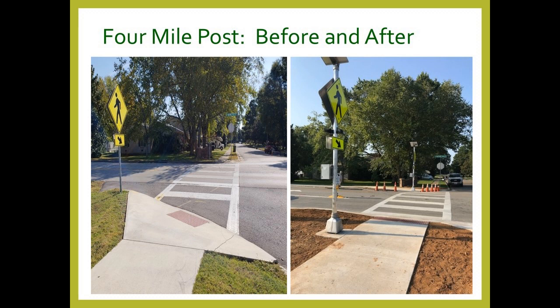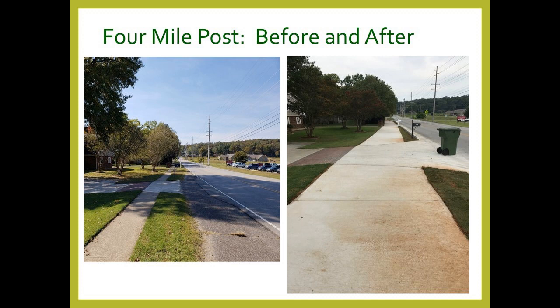So we've bumped out the curb. We've added an RRFV. These are all permanent improvements. A lot of this was represented by cones and things like that during the demonstration project. And RRFB is on both sides, and bumping out the curbs so there's less distance that bikes and pedestrians have to cross, much more visibility in that crosswalk, and moving on down the street, we implemented with sticks and flags